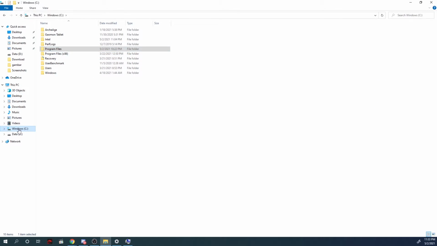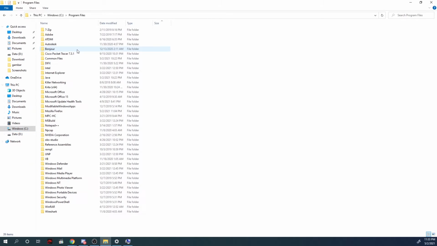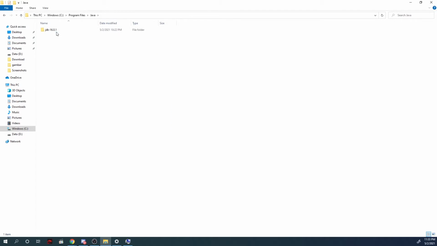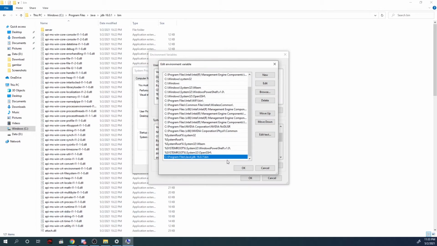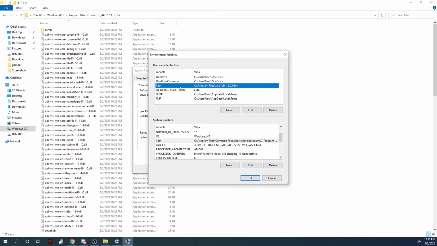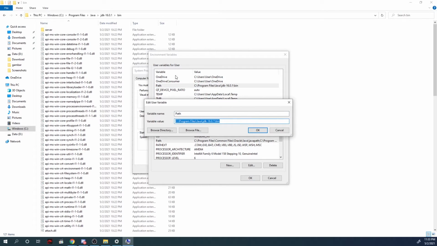So you can go and see where the directory is that you installed it, Program Files or Program Files (x86), and go to Java, go to the JDK, and then bin, and then here you just copy this one back to here, and then OK. Let me delete this, then you make another one, paste, OK, and then what you need to do is